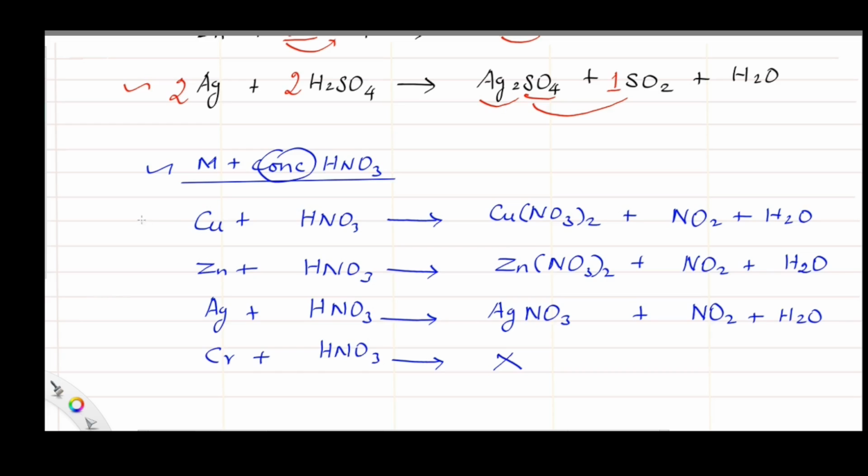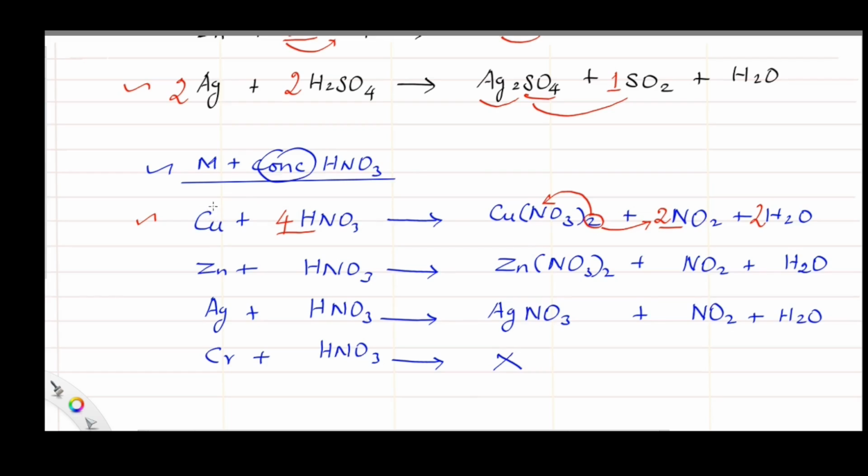On balancing the first equation, nitrate is present 2 times, so we put 2 in front of nitrogen dioxide. So there are 2 nitrogen in nitrate and 2 nitrogen in nitrogen dioxide. We have 4 nitrogen, so we put the 4 in front of nitric acid. On balancing this, there are 4 hydrogens, so we put 2 in front of water. So now this is the balanced equation.